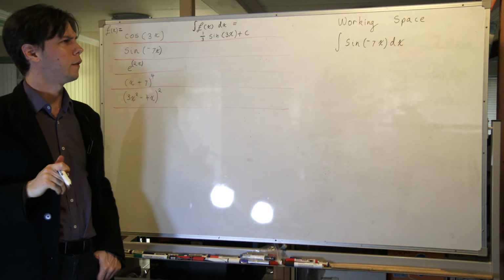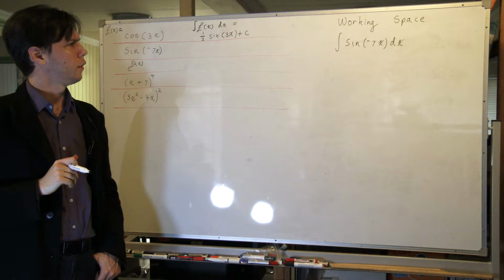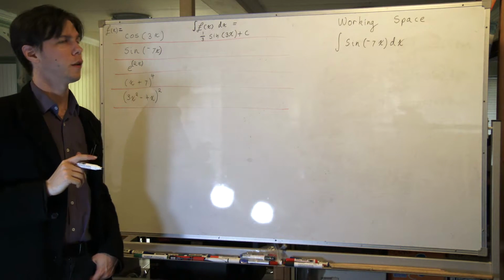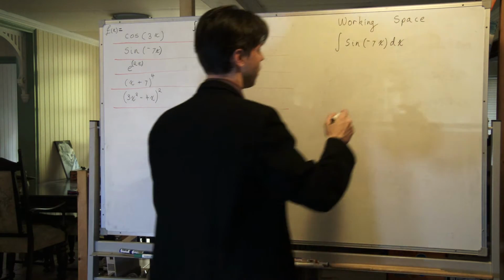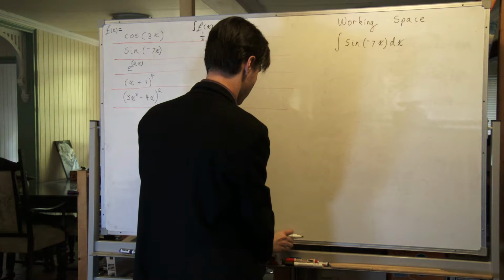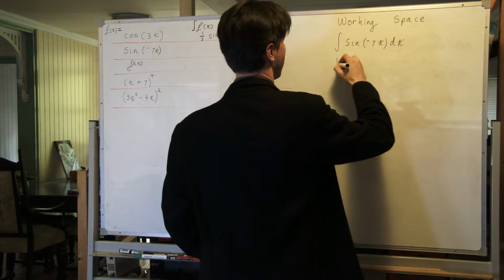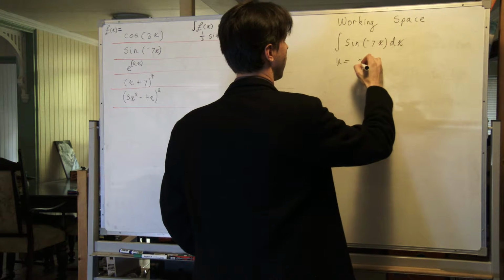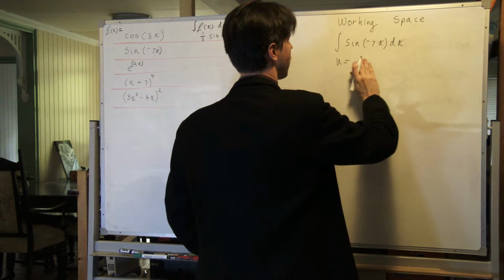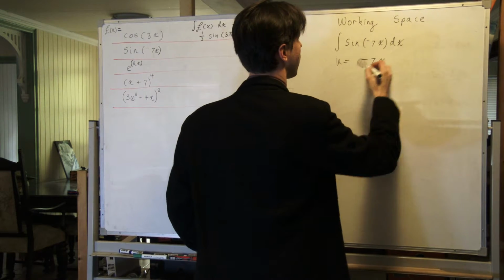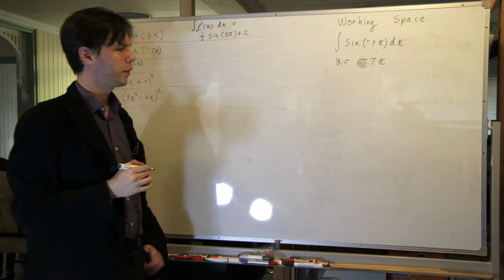So we take that negative 7x and we throw it in a bucket called u. We substitute it for u. So u equals negative 7x,